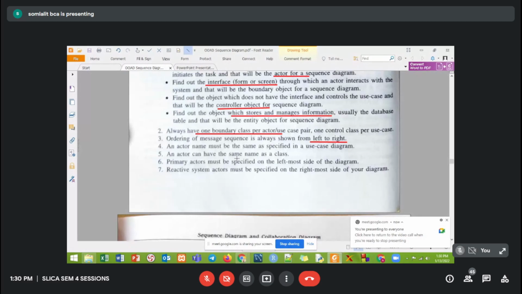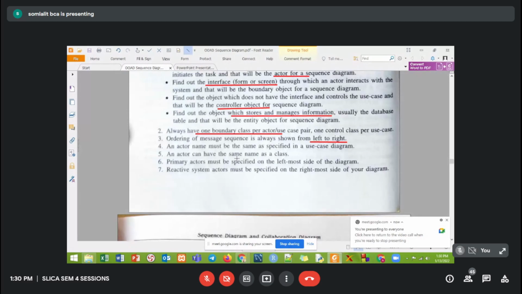Now see, primary actors should be specified on the leftmost side of the diagram. And reactive actors, that is, secondary actors. According to our topic, the primary actor is the delivery boy and the reactive actor is basically the customer.